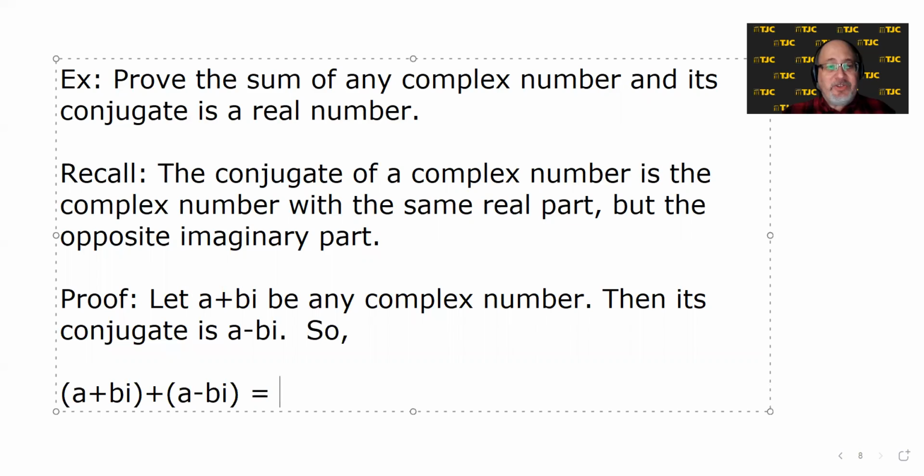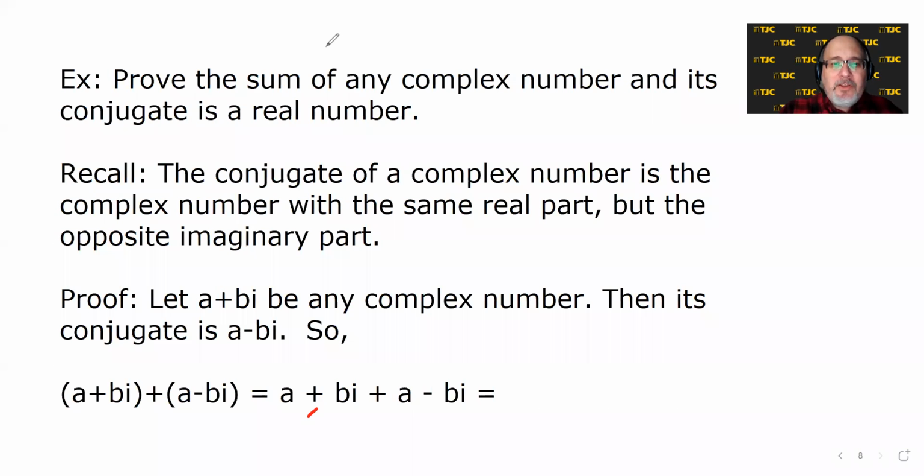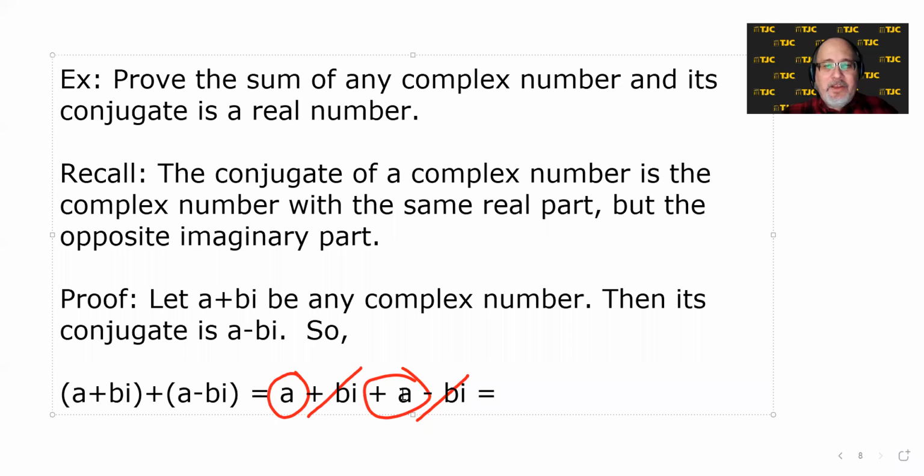And at this point, it doesn't take too long to figure out what's going to happen. None of the parentheses are necessary because the one on the left has nothing in front of it. The one on the right has a plus in front of it. That's like a +1. Multiplying by +1 doesn't change anything. So we can essentially drop all the parentheses and write a plus bi plus a minus bi. Well, you see what happens? The bi's cancel just like they did in the specific example. And we're left with an a plus another a. Well, a plus a is 2a,